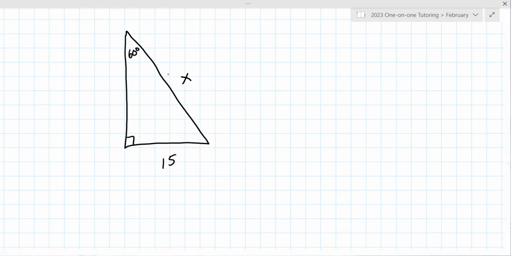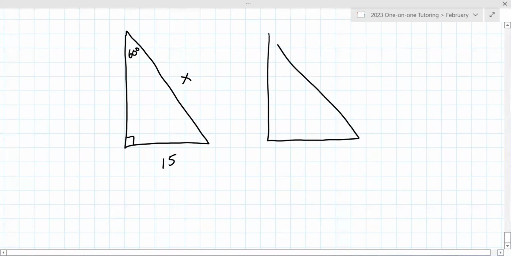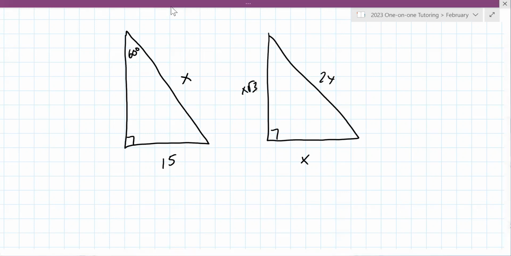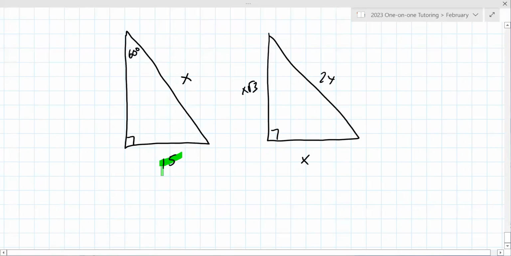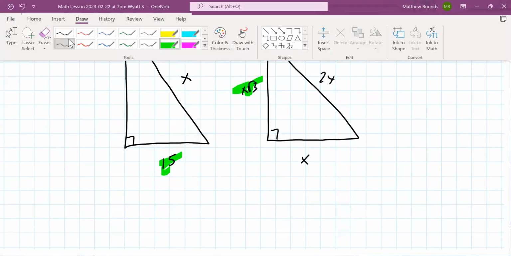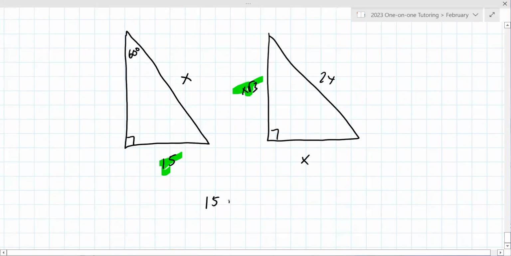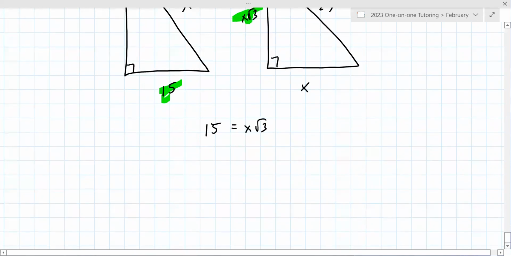But if you use the strategy I've been talking about the whole time, which is you set the known side equal to the reference side. Okay, so this time it's the 15, which is the long leg, is equal to the x root 3. So if you always follow that strategy, even if they give you something weird, you will never have a problem when you're doing these. So 15 equals x root 3, divide by root 3, and you get 5 root 3